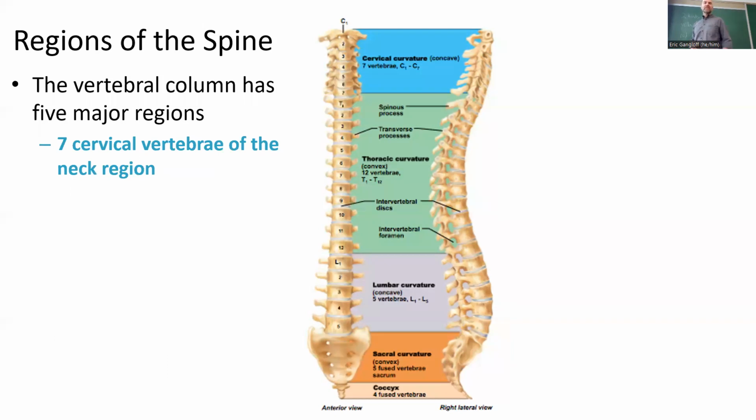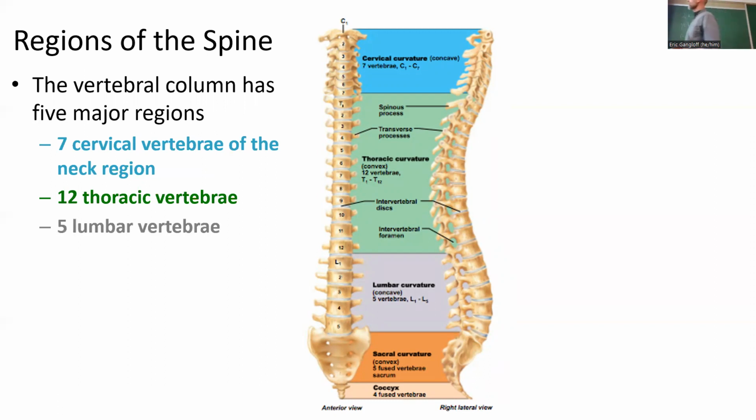You have 7 cervical vertebrae. Those are the vertebrae up top in blue that are your neck vertebrae. You have 12 thoracic vertebrae. Those are in green, associated with your trunk. Then you have 5 lumbar vertebrae, which you see in gray, which, as you might guess, are the vertebrae of